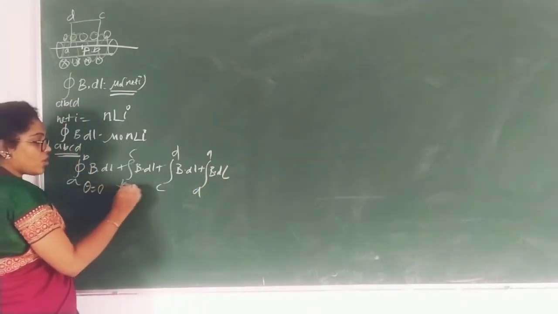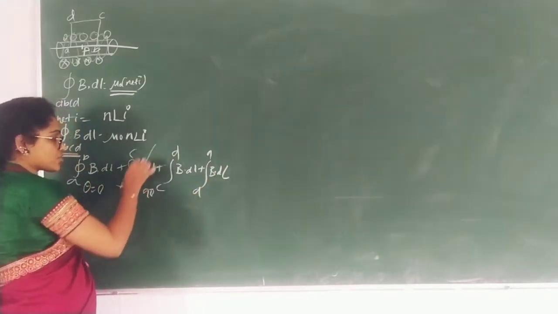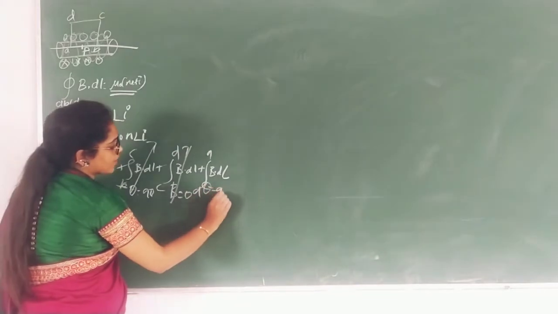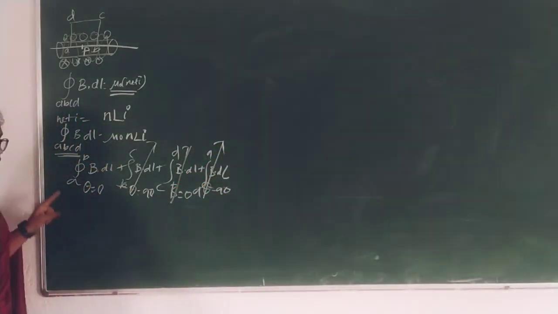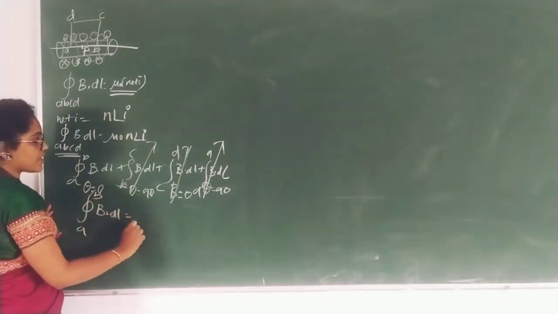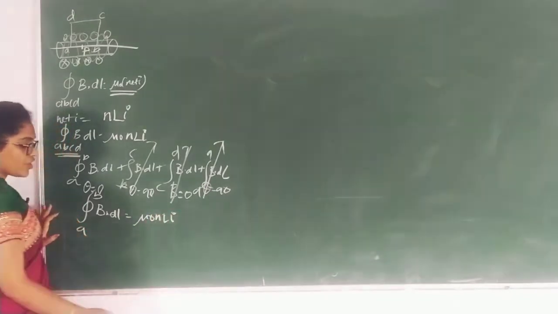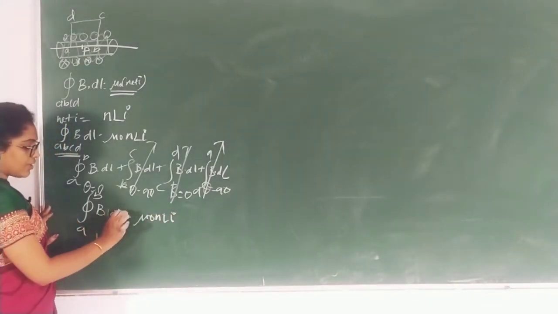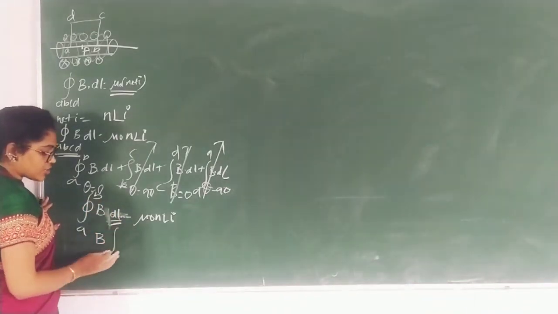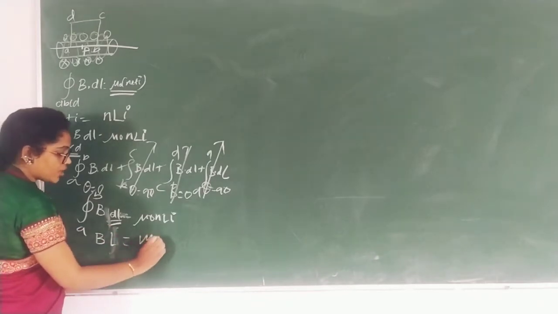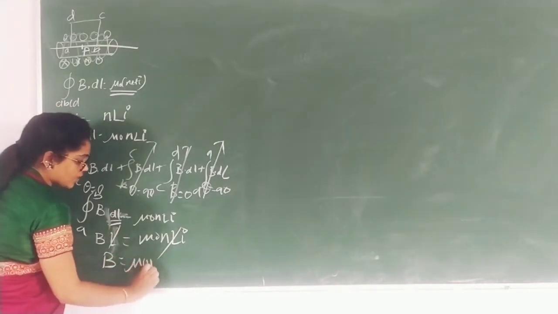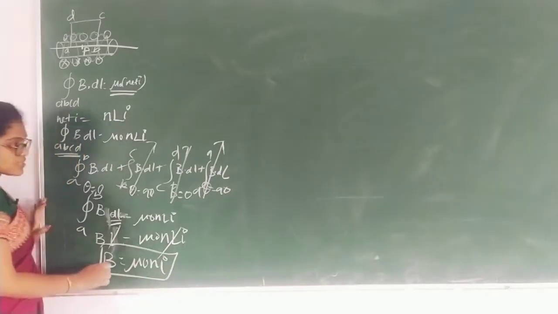Here theta is 0, and here theta was 90, so that is 0. Here B is 0 because it is out of plane, and theta is again 90, so this is 0. Only the integration of A to B, B dot dl, equals mu naught NL I. Cos 0 is 1, so I removed the dot product. B times the integral of dl is L, so B L equals mu naught NL I. L cancels, so B equals mu naught N I, the formula for the solenoid.